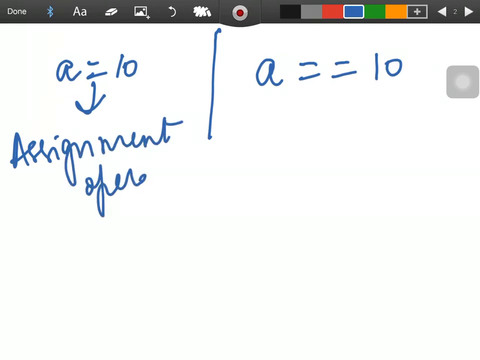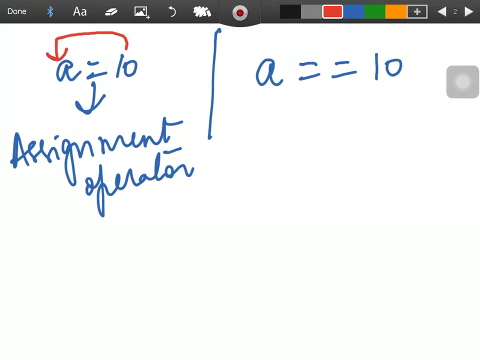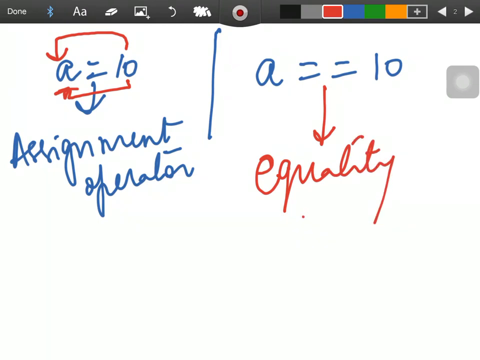Assignment operator means you are assigning the value of 10 to the variable A. So, A is having the value 10, so we are assigning value to A, and this double equal to is known as the equality operator.